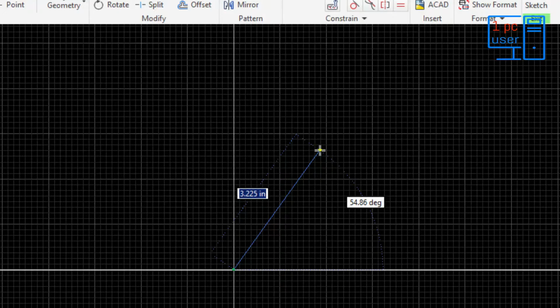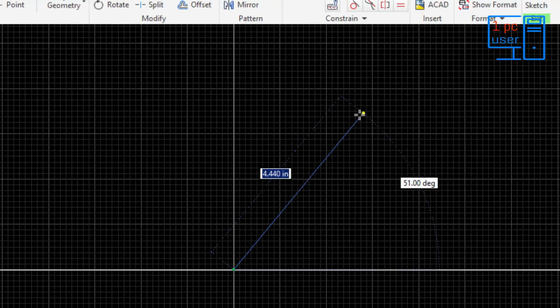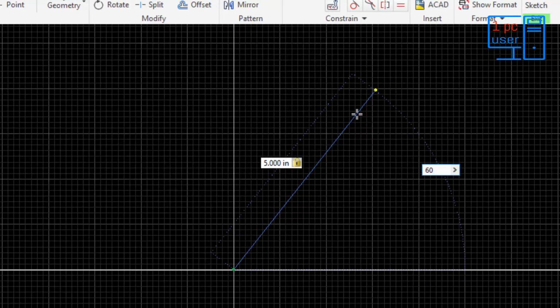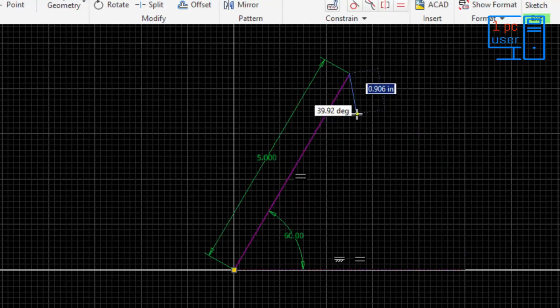In distance input mode, it is showing here dimension in inches, so I will give dimension 5, and then I want to give degree, so I will simply press tab. Now I will give value of angle 60, and then I will simply press enter.